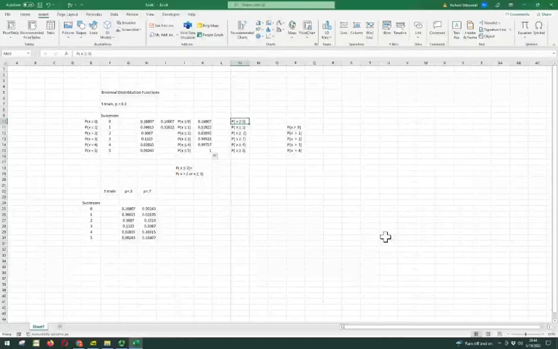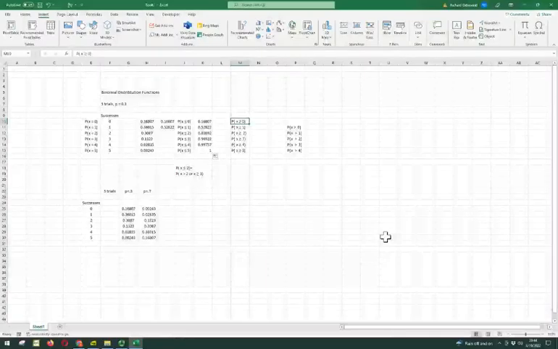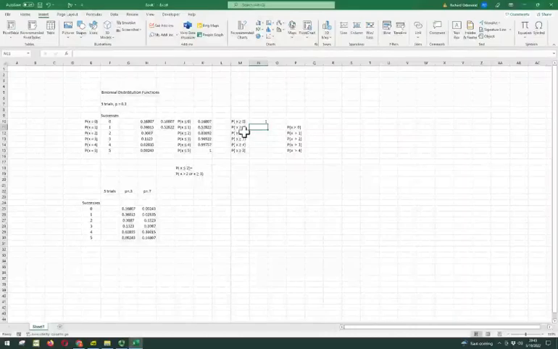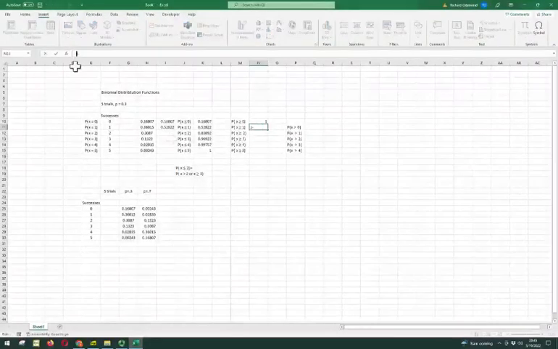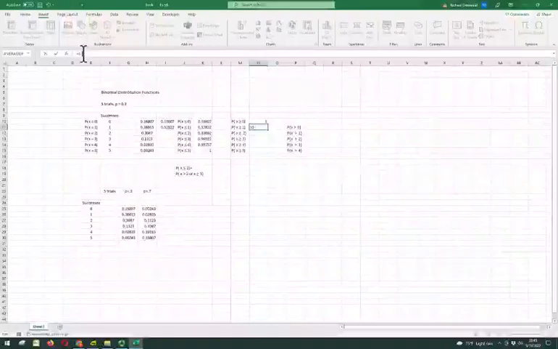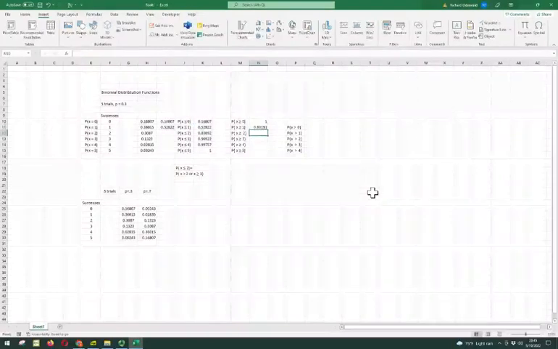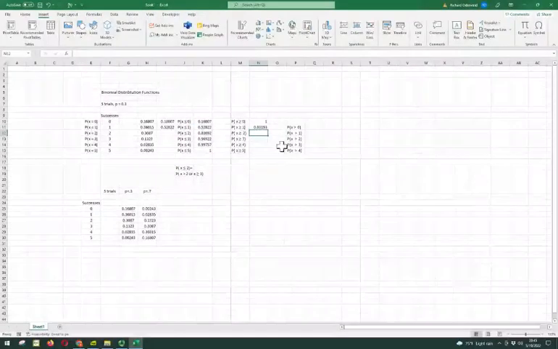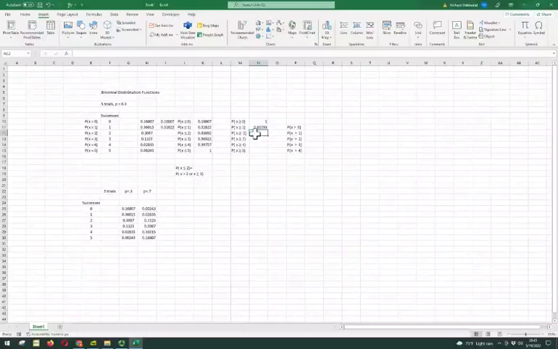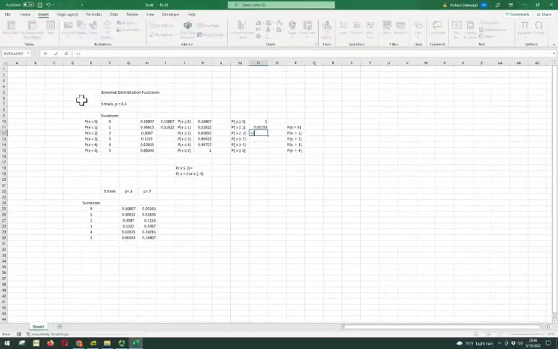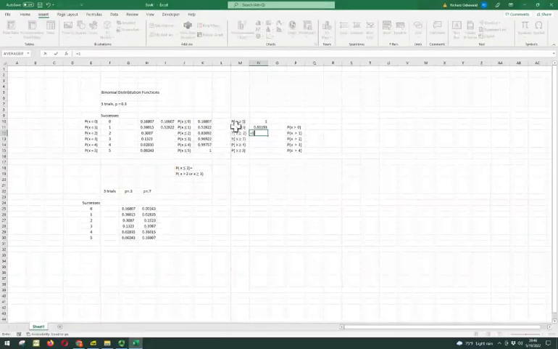Now, on some instances, I want the opposite. I want the probability that x is greater than a value, or is greater than or equal to a value. If I do this, I have to take 1 minus these other commands. If I want the probability of greater than or equal to 1, it equals 1 minus the probability of 0 successes, 0.16807, and I get 0.83193. The probability of 2, 3, 4, or 5 is 1 minus the probability of 1 or 0,